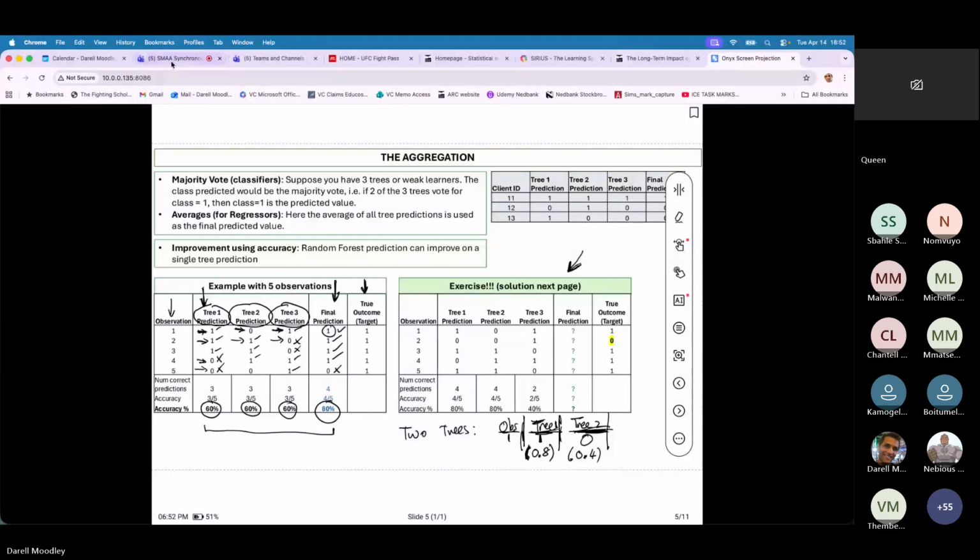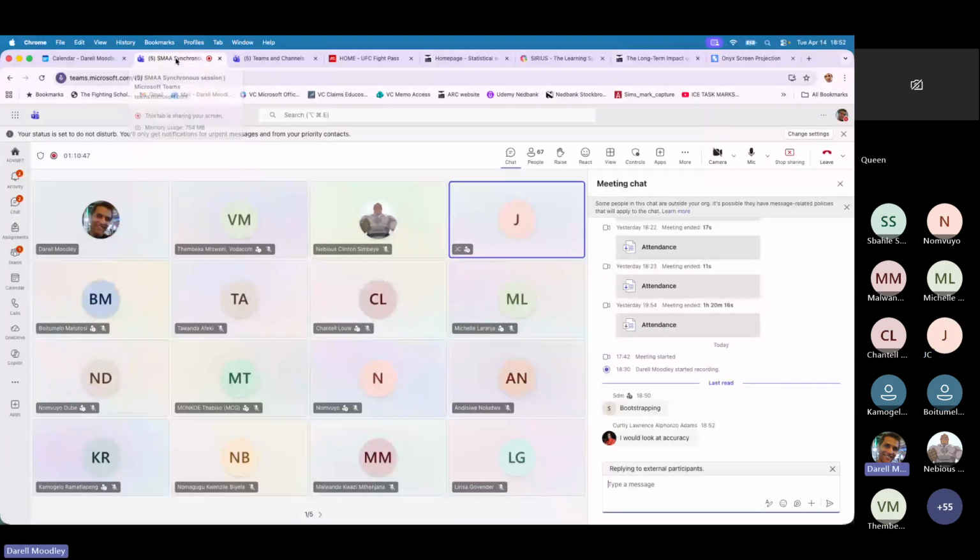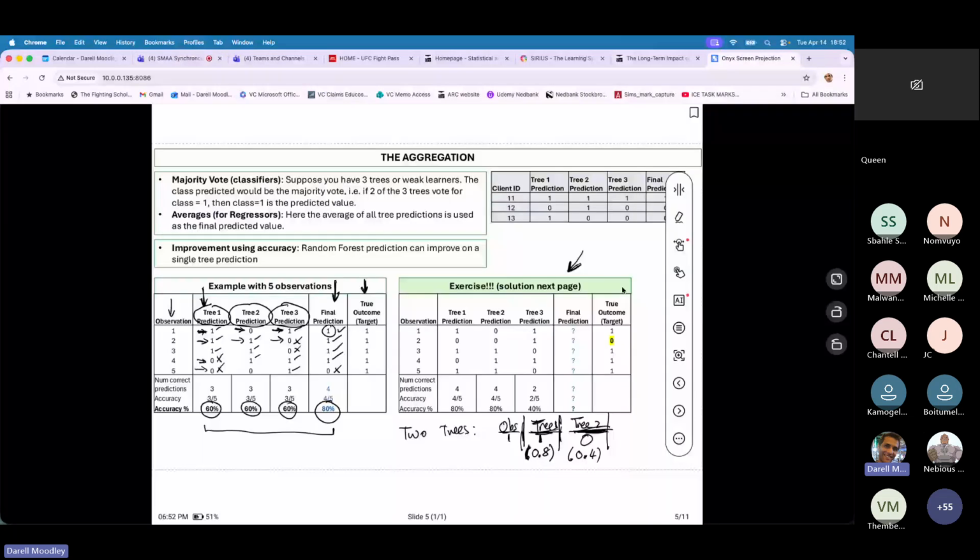Probably choose the one with the higher probability. That's a good one. That is one way to do it. So the way you suggested is take the one with the high probability and make that the prediction. Very good. So that's one way random forest can do it. Another way it can do it as well is it can